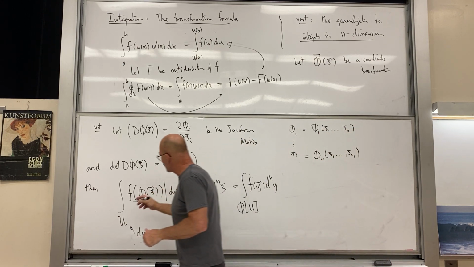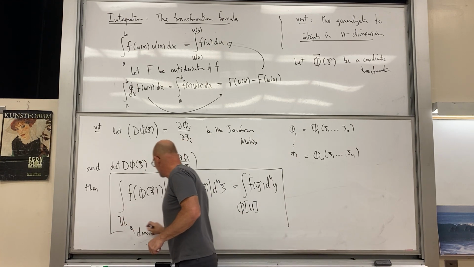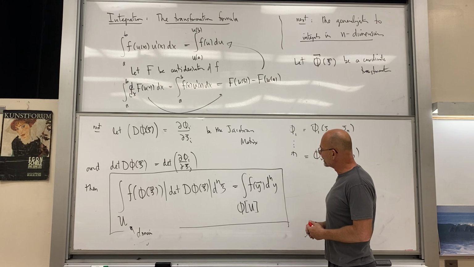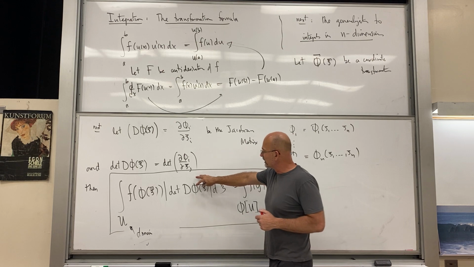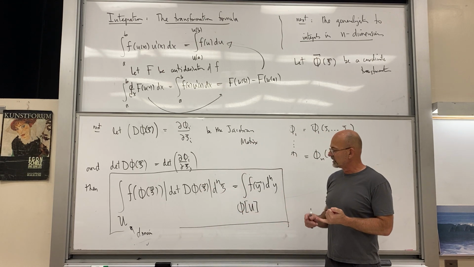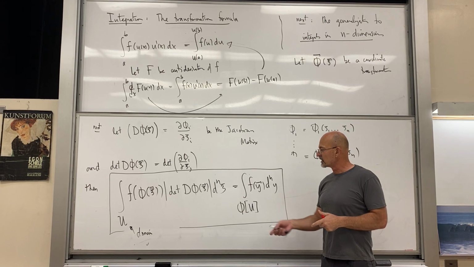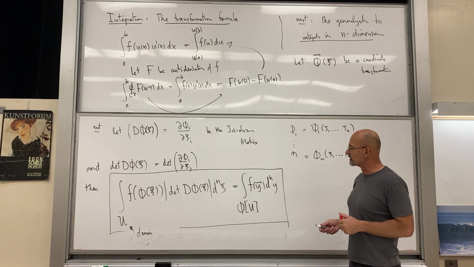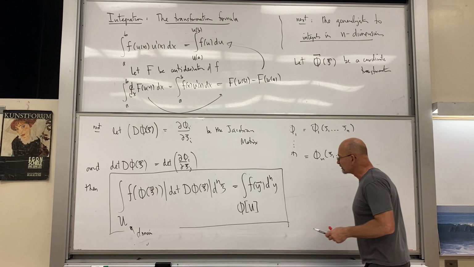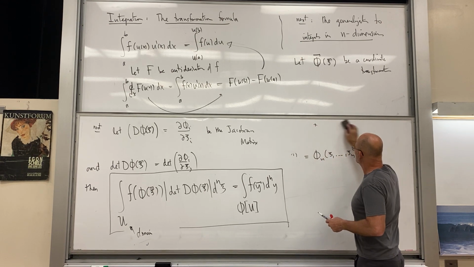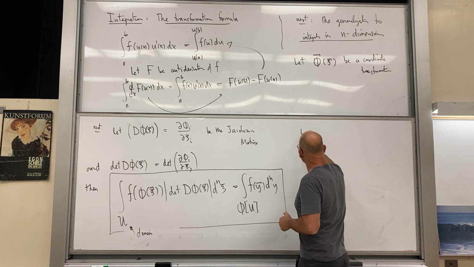So put this in a box and do a couple of applications just to make sure we see what's going on, because there are a number of different coordinate systems that one can use this with. Of course, you've got your Cartesians, your plane polar, your spherical polar, your cylindrical, and then other coordinates, parabolic and other types of coordinates as well, where you transform your integrals in this way. Now we of course have to go for the plane polar to make sure we see what's going on here. So the example with the plane polar coordinates,